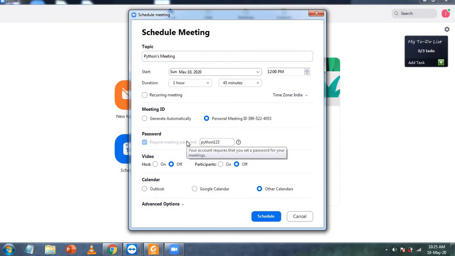If you want to set up a password, then when the other participants are logging in, this password will be asked of them and they have to enter the particular password you are giving. Okay. Host video should be on or off. I'm choosing off. I am the host since I am creating my links for meetings. Their video should be off by default. Okay, participants' video should also be off by default when they join.